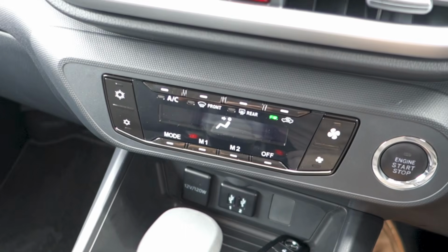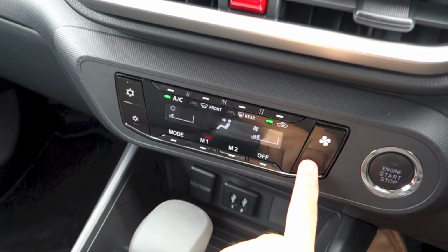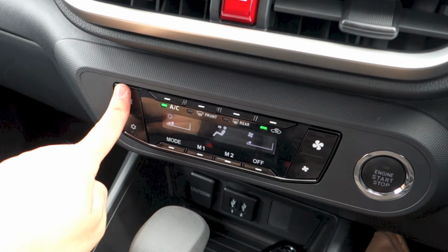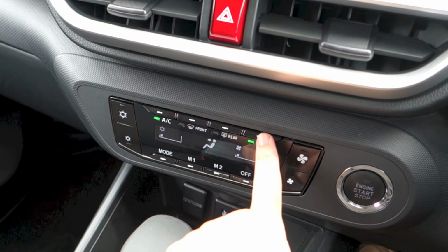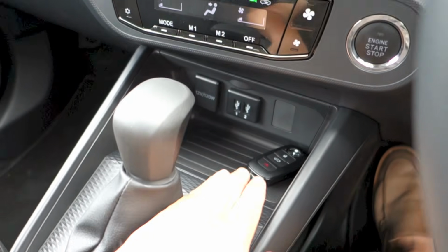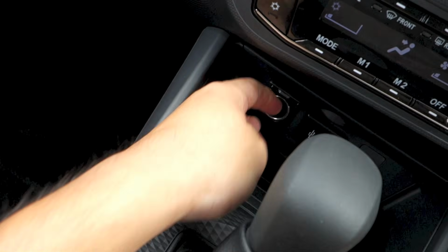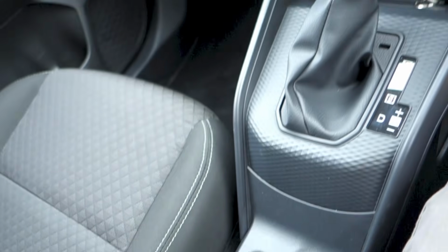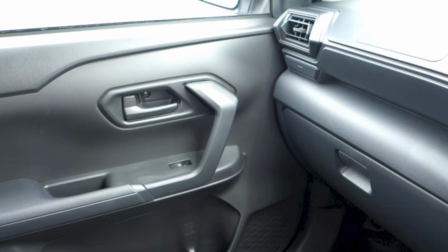Very simple digital manual air conditioning controls. Fan speed, off. 2 memory settings, different modes. Temperature, air conditioning, front and rear defrost, and recirculation. Below, storage, a couple of USB-A ports together with a power outlet. Storage, central locking,